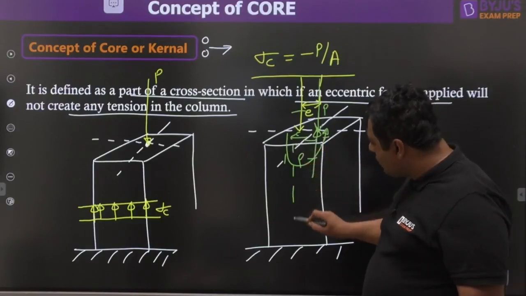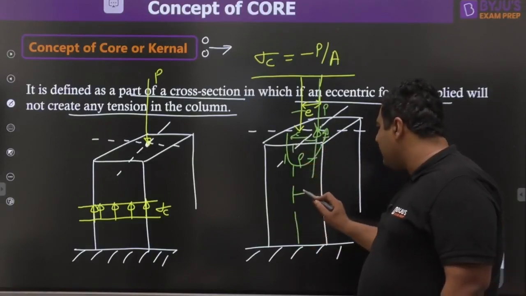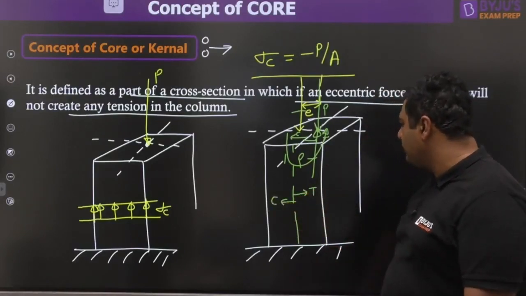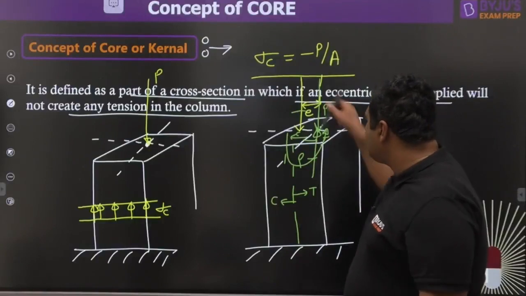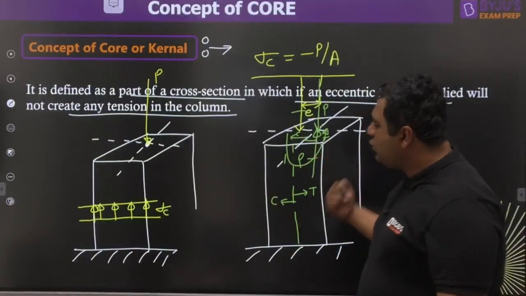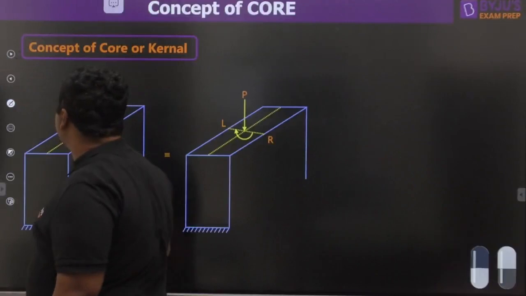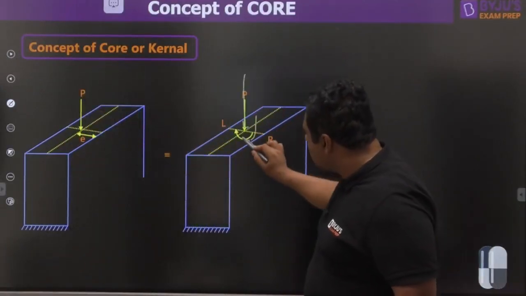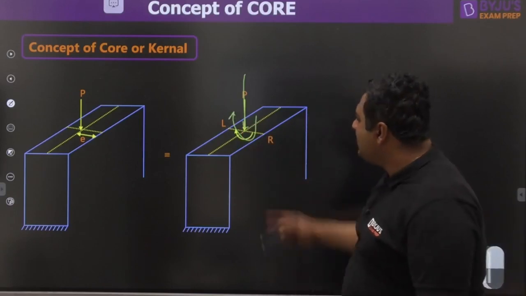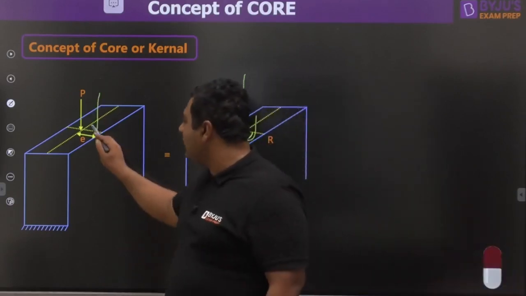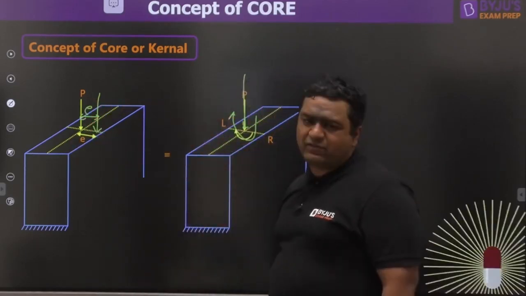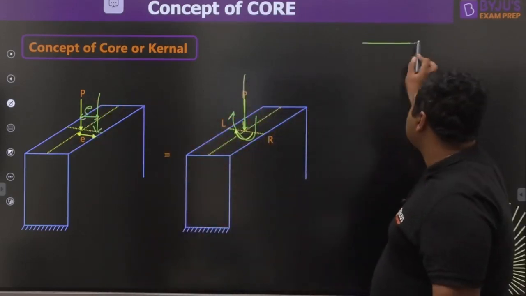So if I divide this column into two parts, in this part tension will be coming because of the couple, and in this part compression will be coming because of the couple, and we are left with this force and this couple. So if I show you the same on the next slide, we are left with this force and this couple. Okay, this is the case when force is applied eccentrically. In my figure I have shown the force on the left hand side. Okay, let us take our case only.